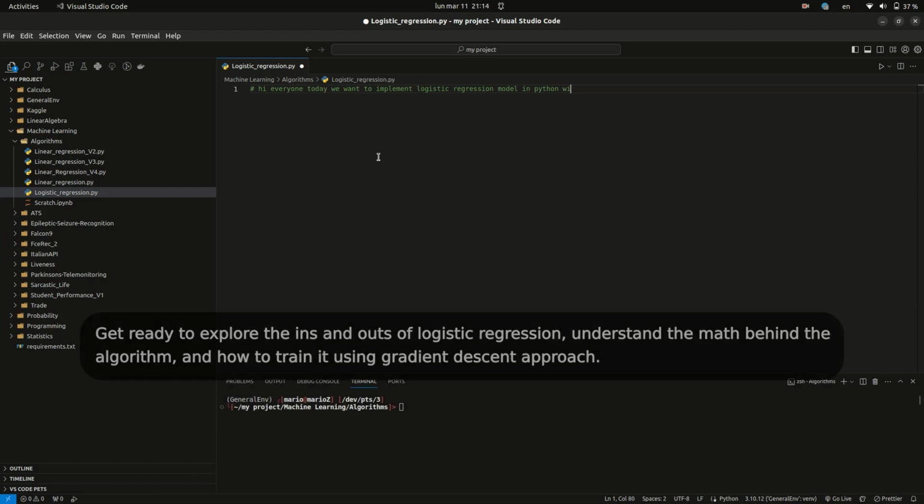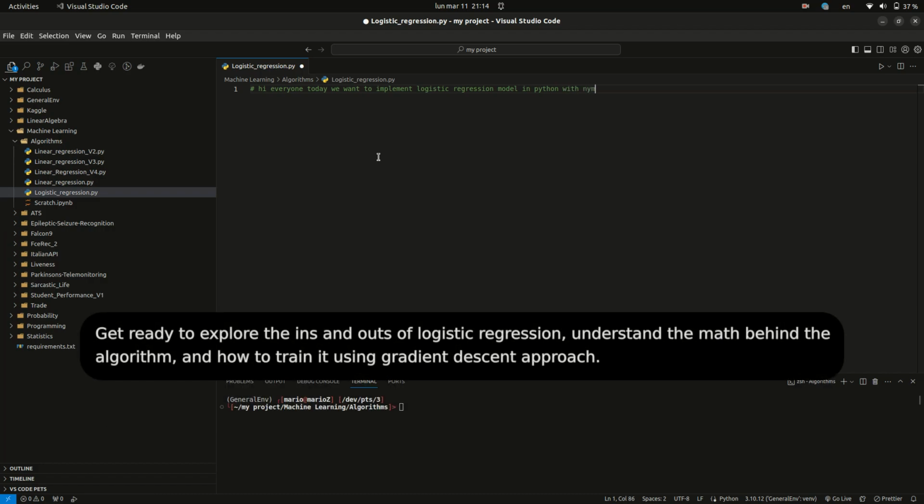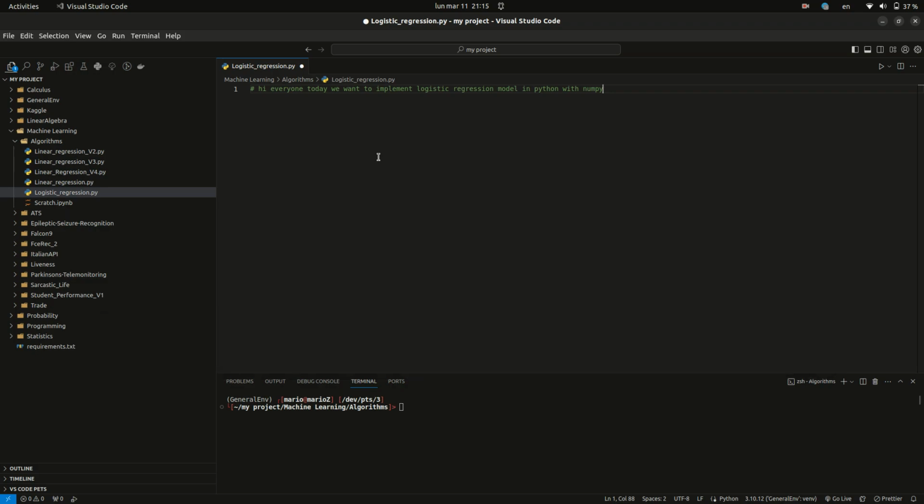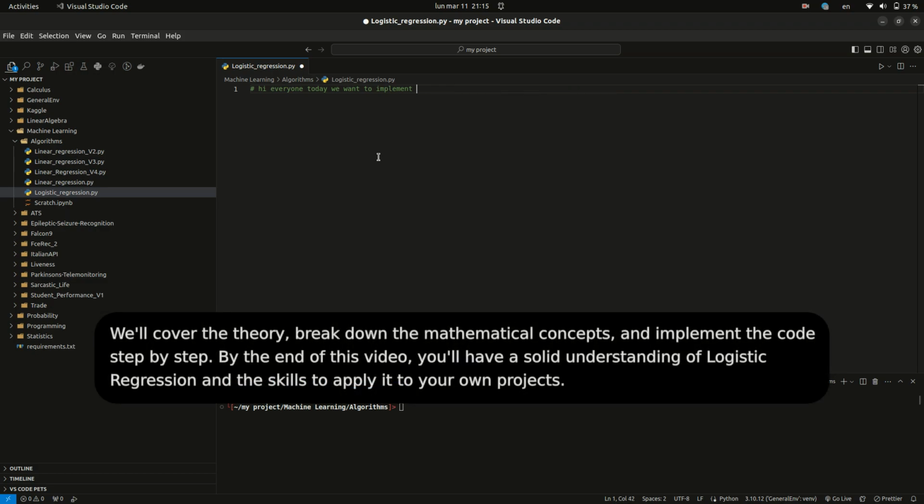Get ready to explore the ins and outs of logistic regression, understand the math behind the algorithm, and how to train it using gradient descent approach. We'll cover the theory, break down the mathematical concepts, and implement the code step by step. By the end of this video, you'll have a solid understanding of logistic regression and the skills to apply it